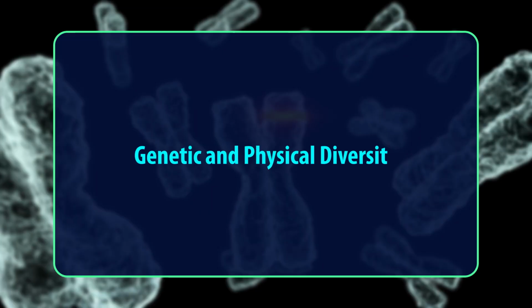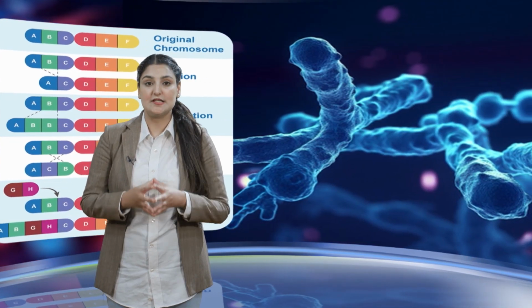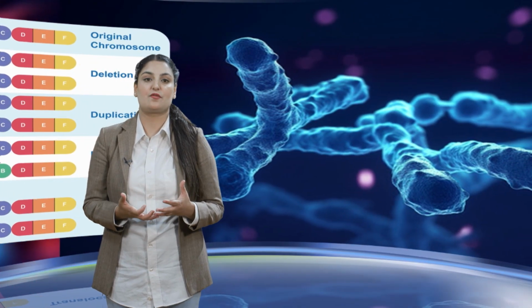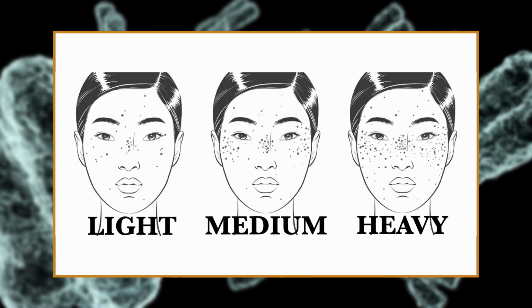environments. We also see genetic and physical diversity. Chromosomal mutations play a major role in creating diversity among living organisms. Harmless mutations give rise to features like different eye colors, blue, brown, green, various hair colors, blonde, black, red, or you see freckles and beauty spots. This diversity not only makes individuals unique, but it also strengthens a population by increasing the chances of survival under